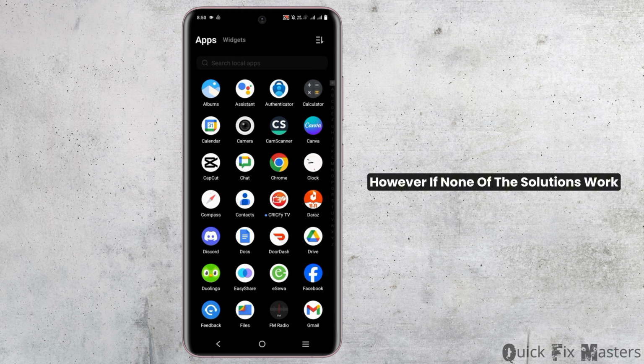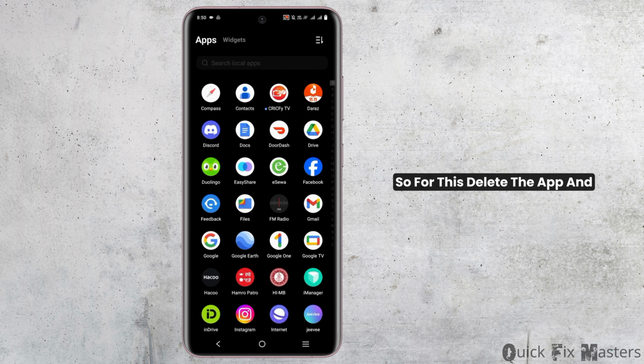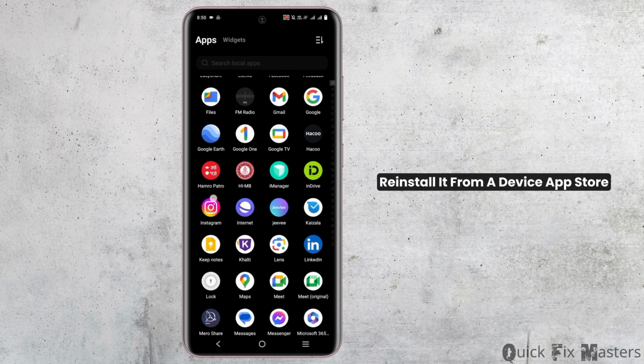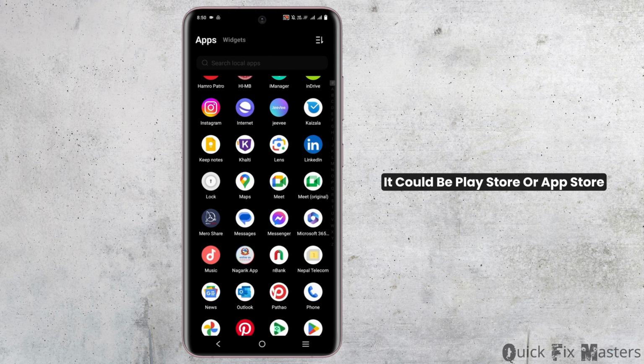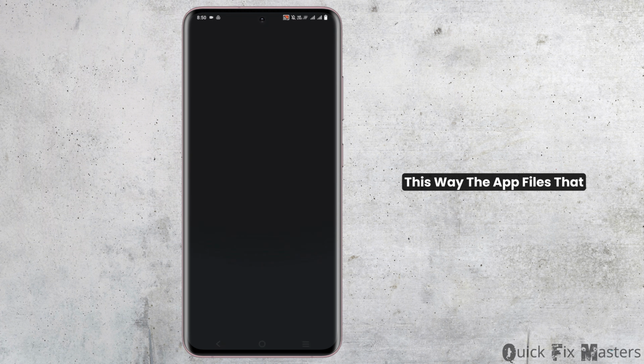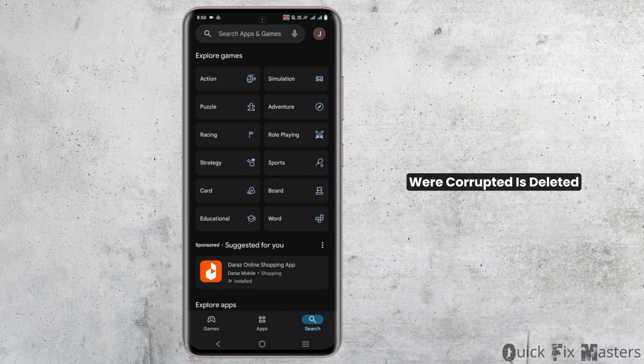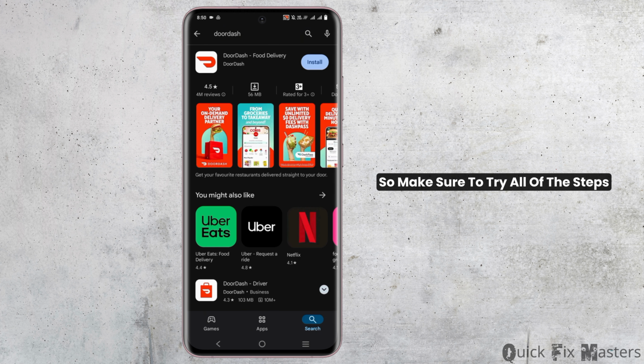However, if none of these solutions work, you have to reinstall the DoorDash app. So for this, delete the app and reinstall it from your device app store. It could be Play Store or App Store. This way, the app files that were corrupted are deleted and you can get a fresh start. So make sure to try all of the